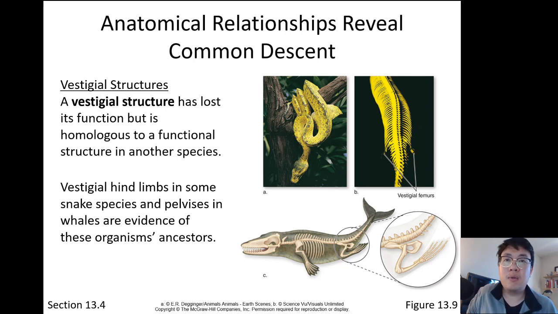Okay, so most structures, especially in this example, lost their function. Our appendix, so to speak, is a homologous organ to a lot of organisms, but we don't really use our appendix anymore. That might be a bad example, but in this case, you can see a snake no longer has legs and no longer has any fins, so to speak. So they were able to evolve over time because that is what best suits their environment.